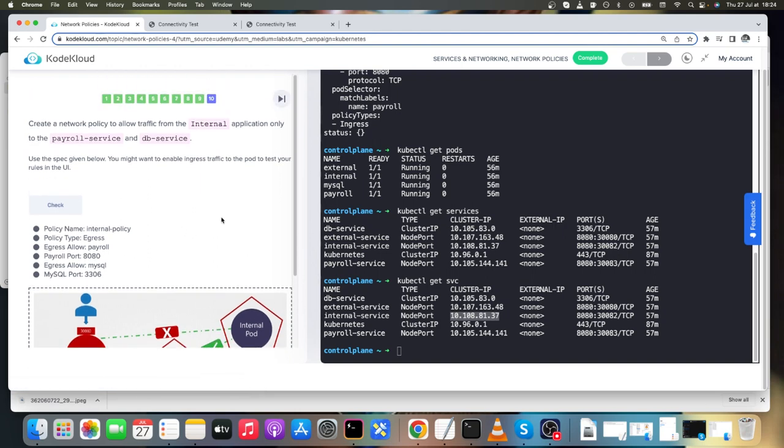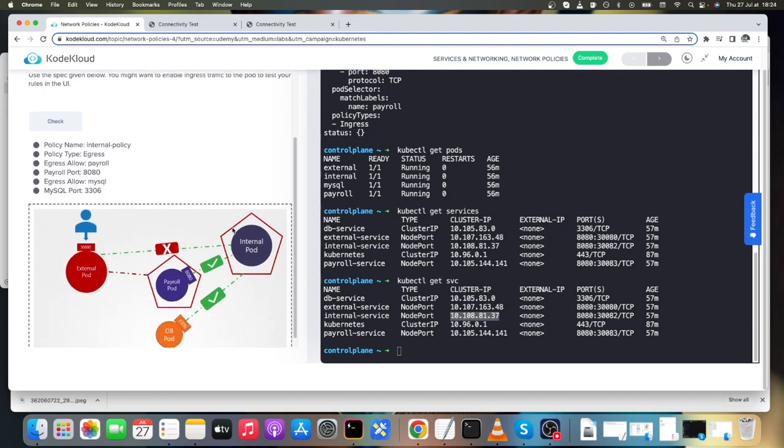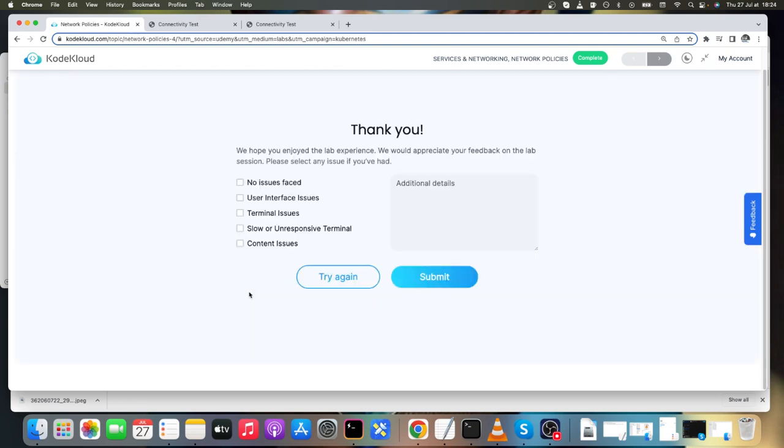So create a network policy to allow traffic from the internal application only to the payroll and DB. So this is it practically. So we want to,